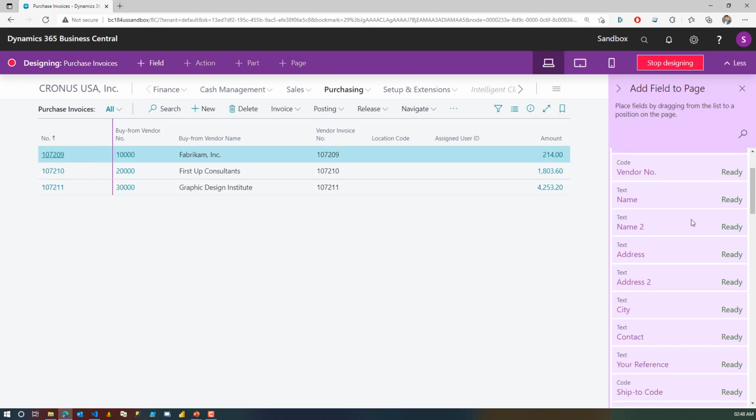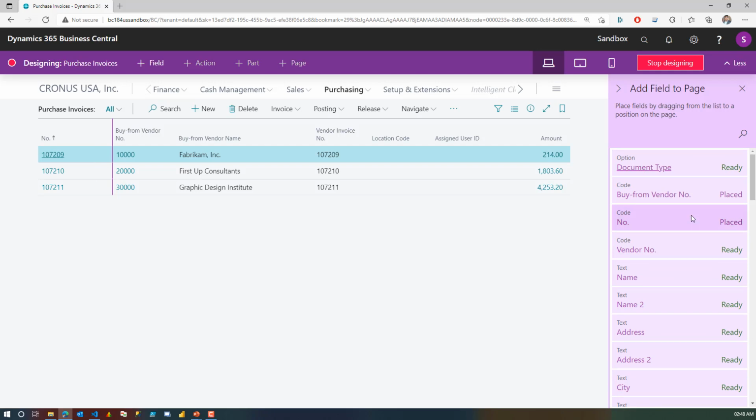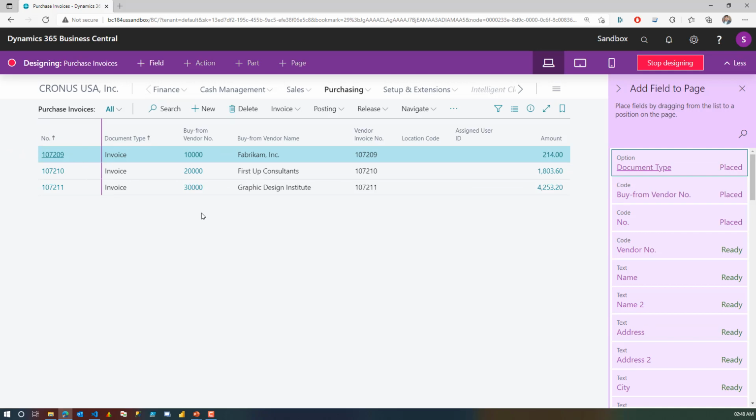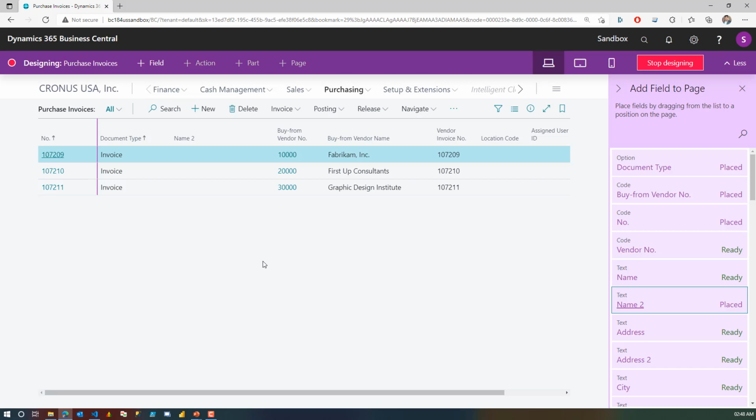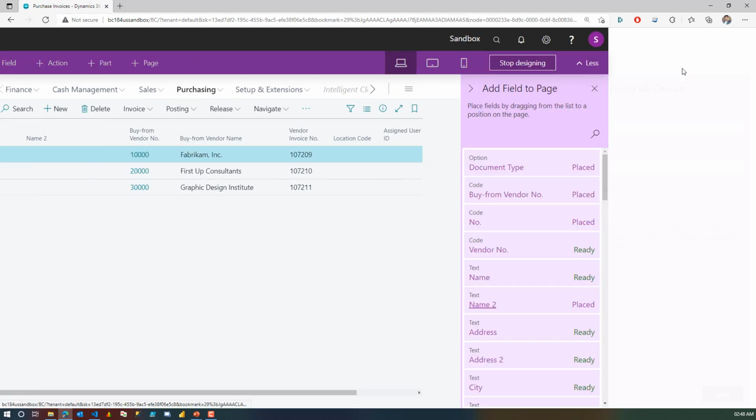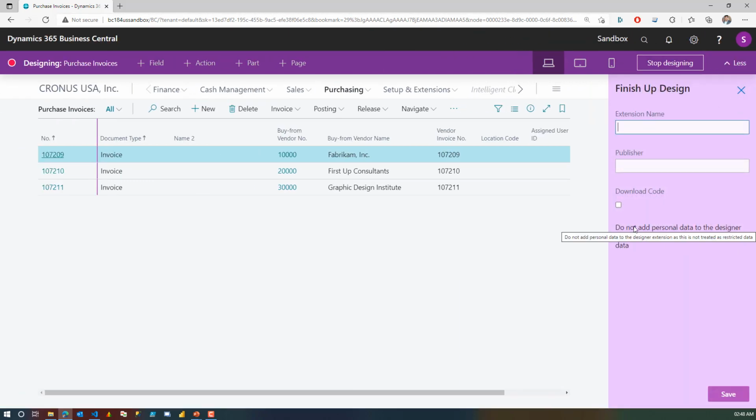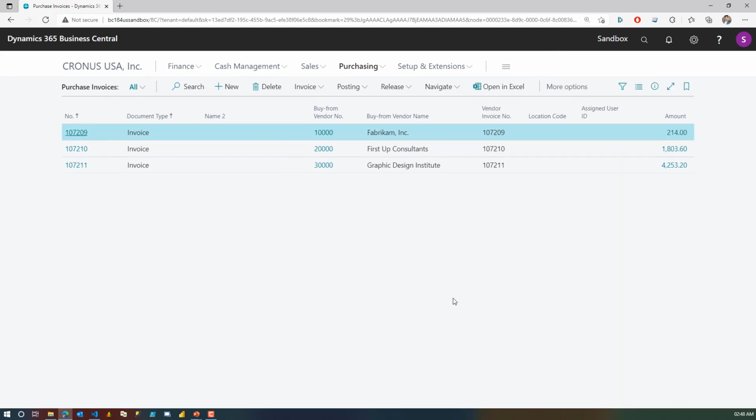All of them will not be available in the personalized mode, but they will be available in the design mode. So I can just go ahead and drag fields whichever I want and place them wherever I want. But the difference between the design and the personalized mode is when you design something and when you say stop designing, it actually creates an extension based on the changes that you have made, which is demo sort of. And when I save this, it will actually create an extension in my extension management